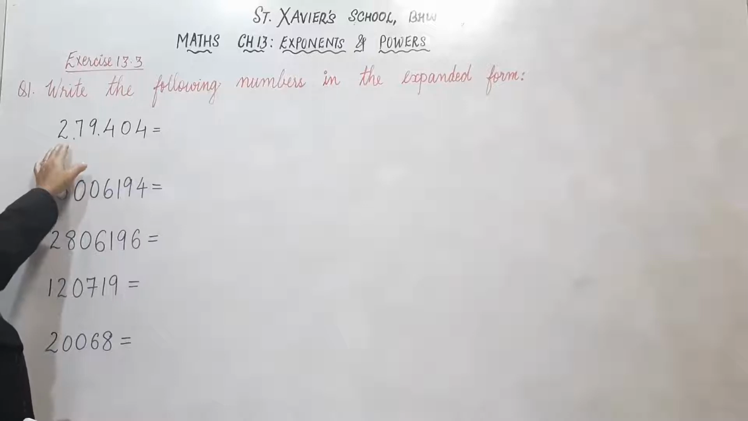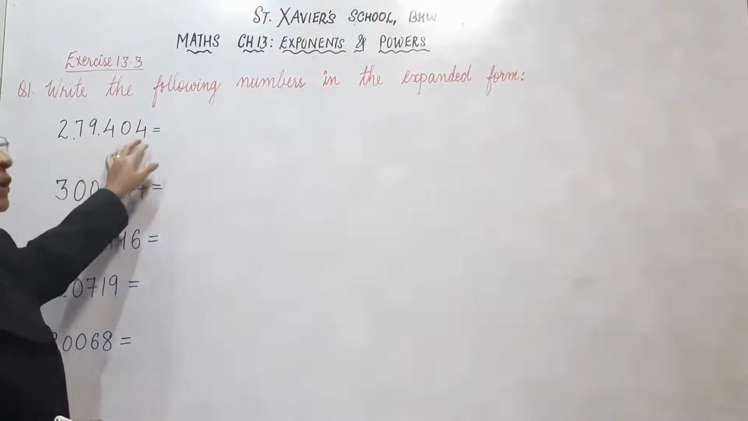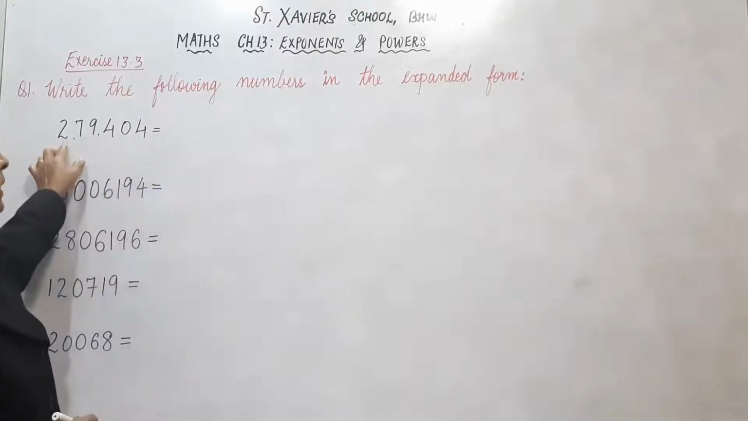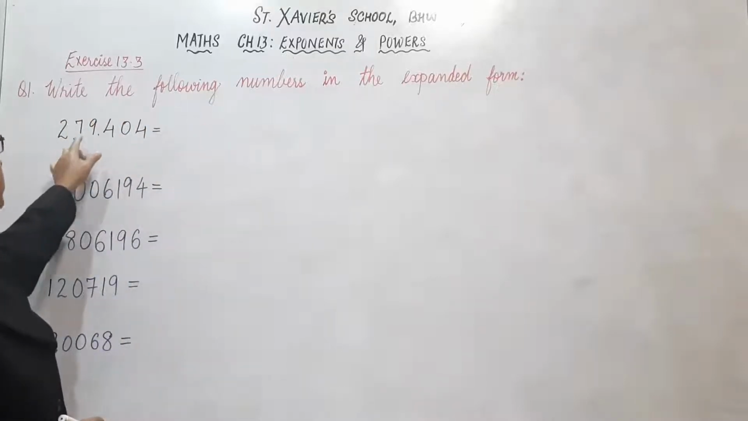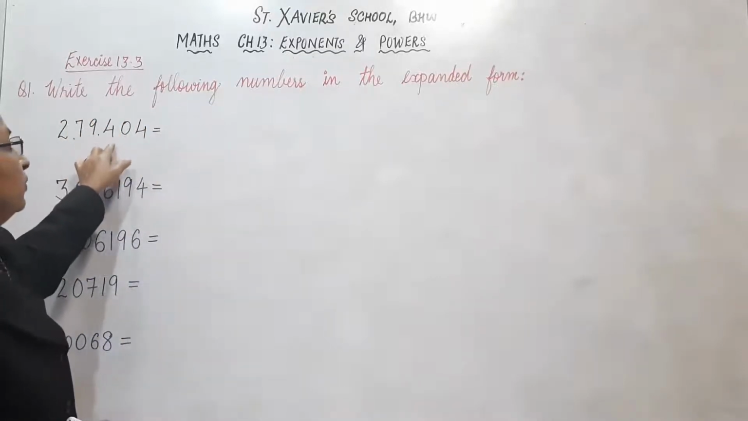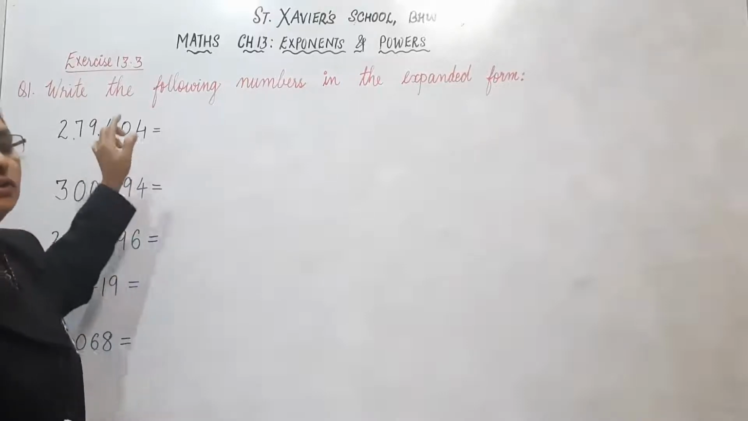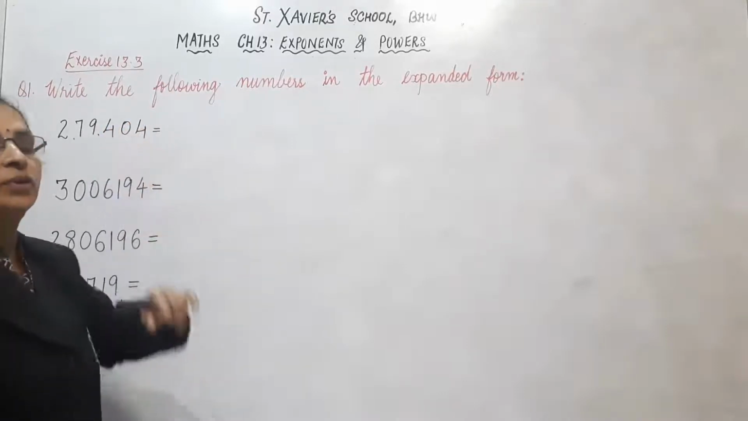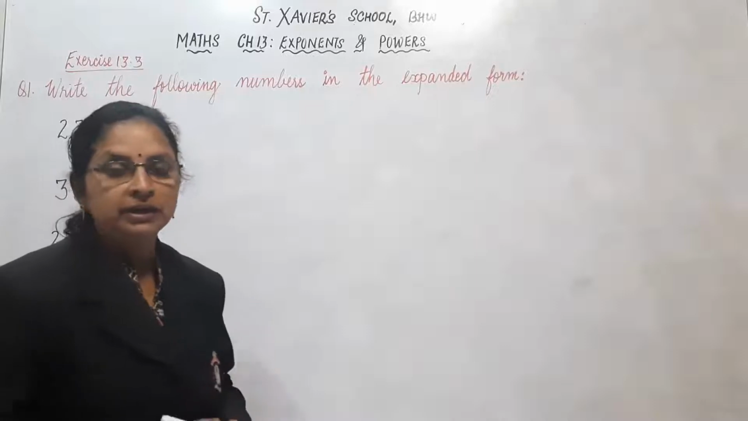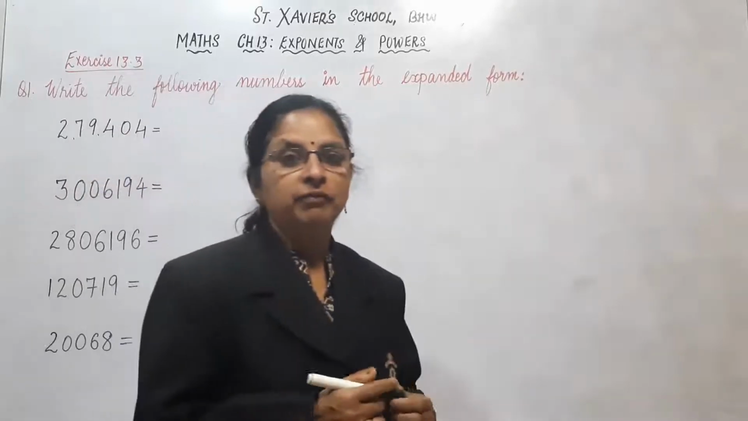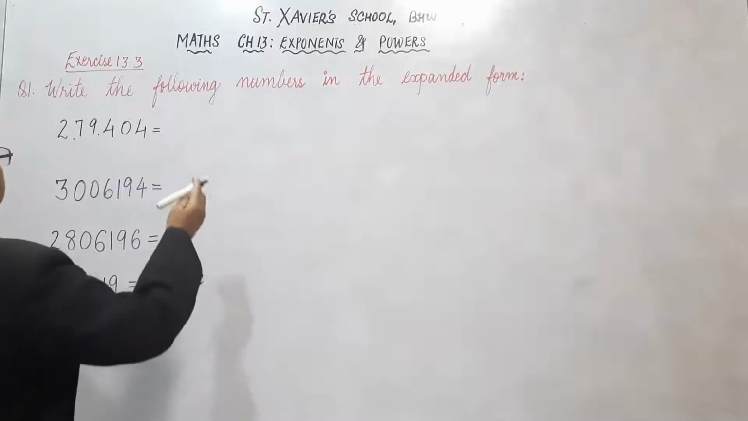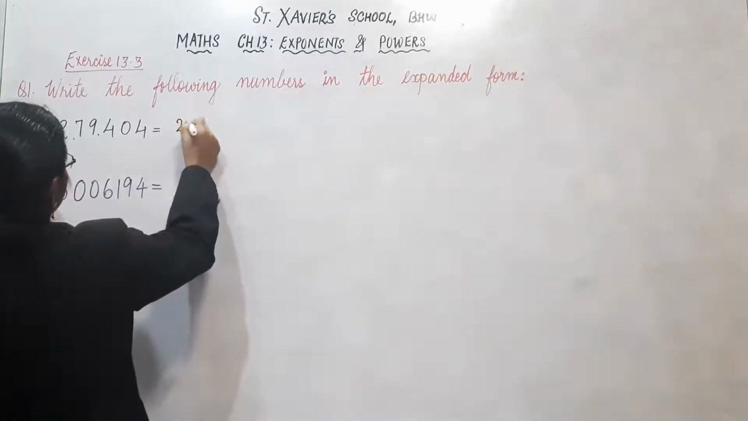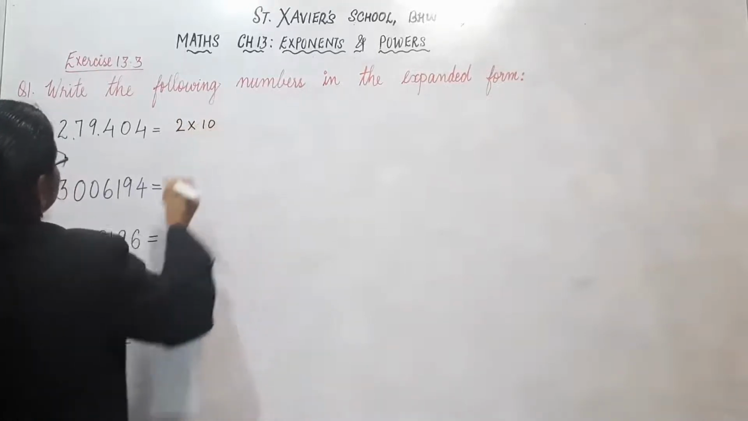Here the number is 2,79,404. 2 into 1 lakh, 7 into 10,000, 9 into 1,000, 4 into 100 plus 0 plus 4. That is how we were writing. And then write it in power form. Instead of writing that step, we can directly write the answer: 2 into 10 raised to